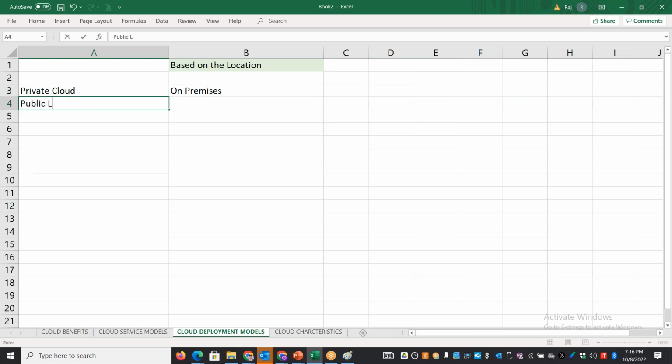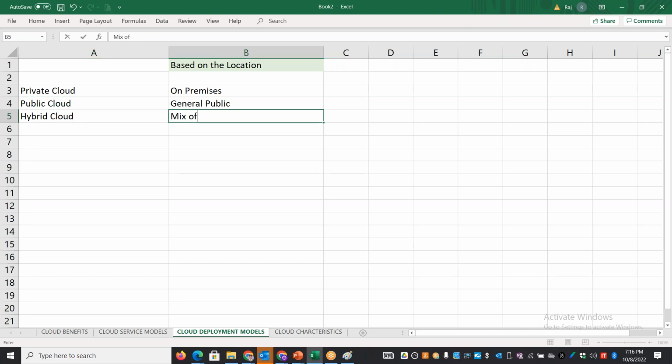You can also have the public cloud, which is open for general public, and anyone can go and create an account, and with all credibility and authentication, you need to go and create an account and you can start consuming the resources in the public cloud. And you have something called hybrid cloud, which is a mix of private and public